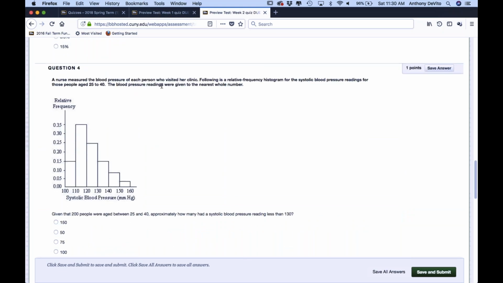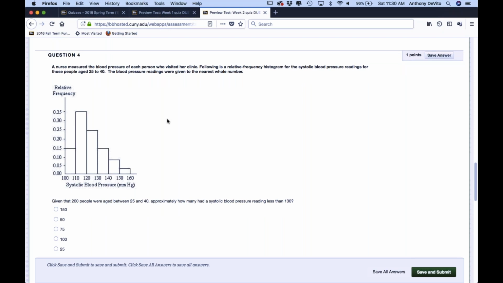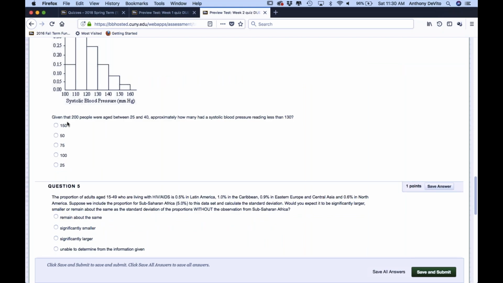A nurse measured the blood pressure of each person who visited her clinic. Following is the relative frequency histogram for the systolic blood pressure readings for those people 25 to 40. The blood pressure readings were given to the nearest whole number. Again, same graph. Given 200 people were aged 25 to 40, approximately how many had a systolic blood pressure less than 130? Okay, so now we have to,